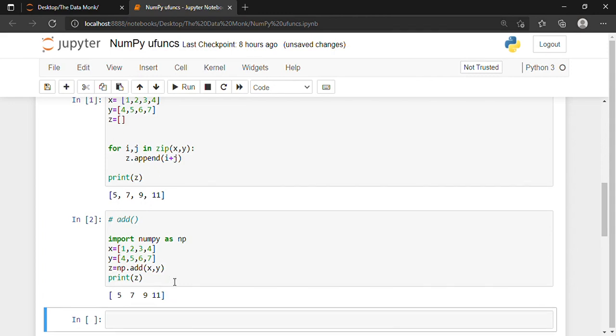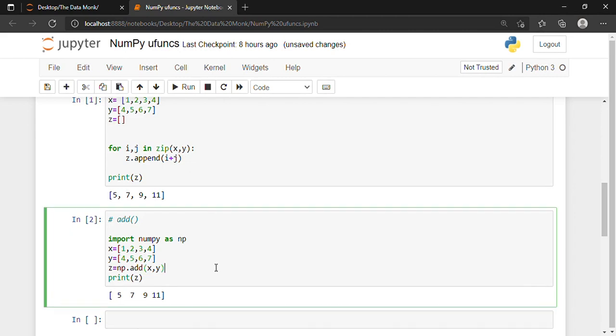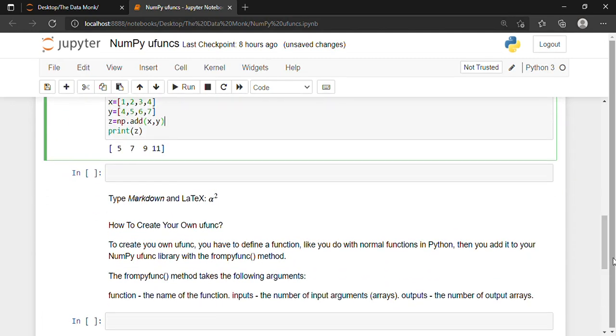It is much faster. The universal function is much faster than the traditional list approach, and we do not have to memorize different kinds of functions. We just simply use np.add. We do not even have to get into the for loop logic. All right, moving on.